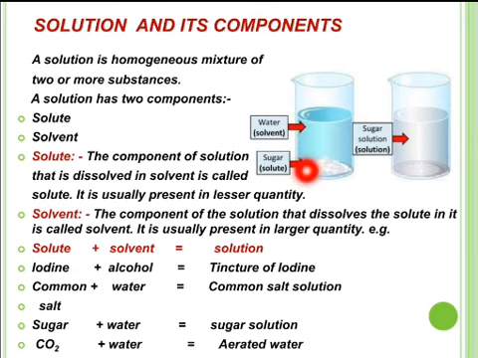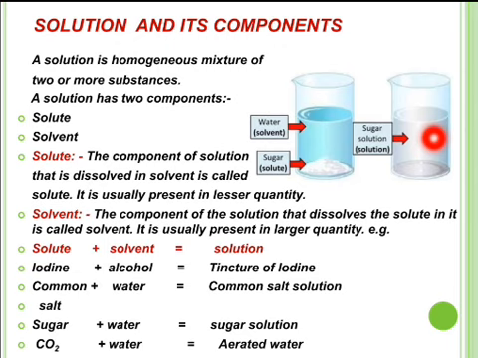Both water and sugar are compounds, and compounds are pure substances. A mixture is formed by two or more pure substances. And here this solution is a homogeneous mixture because in this sugar solution a uniform composition is observed, meaning after dissolving sugar in water we cannot differentiate between sugar and water. It forms a uniform composition throughout the solution. Sugar is evenly distributed throughout water and sugar solution is formed.